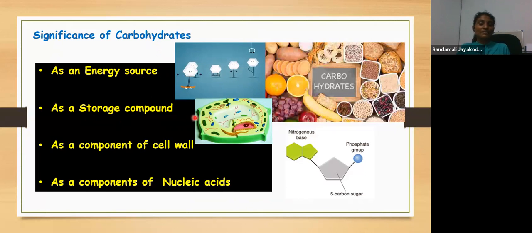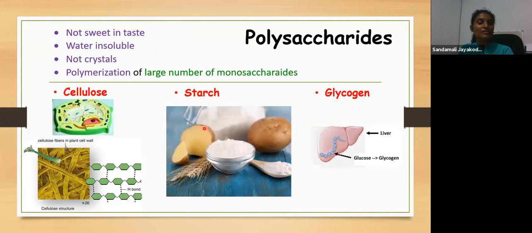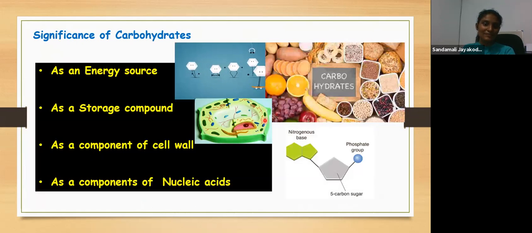They are stored in potatoes, like plants, and in animals, in the liver. It is stored in our liver. It is stored in plants, and then as a component of cell wall, as I mentioned earlier, cellulose makes the cell wall. It is the component of the cell wall of the plant cell,